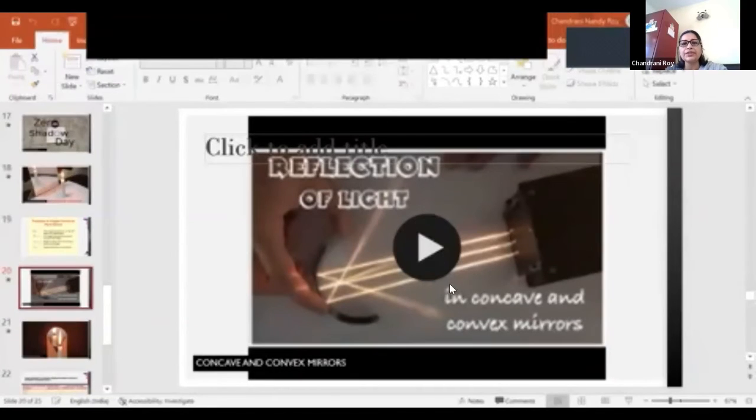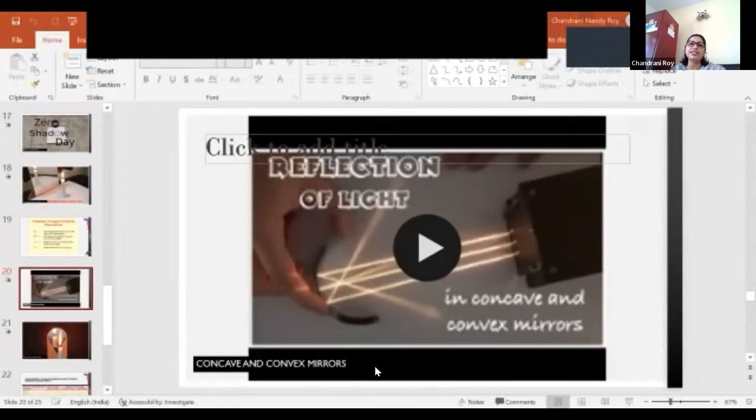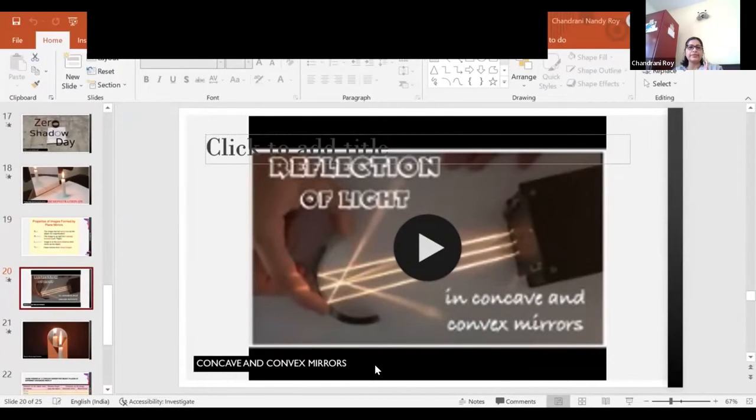Now, before we go on to the activity, we have to tell children, I have seen most children make a lot of errors with what is concave and what is convex. So the best way to help them to learn this is to have them bring a spoon from their homes. Usually most children have a spoon with them for their lunch pack. So we can ask them to take out the spoon and then have the concave surface towards their face and tell them that this is the concave one and the opposite one, which is the back of the spoon, is the convex one. So we have to repeat this quite a few times for children to understand what is concave